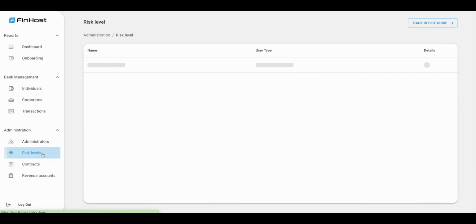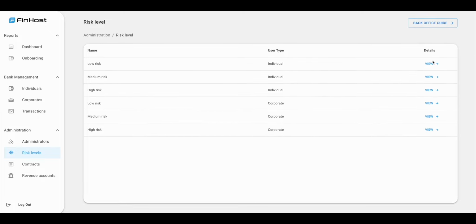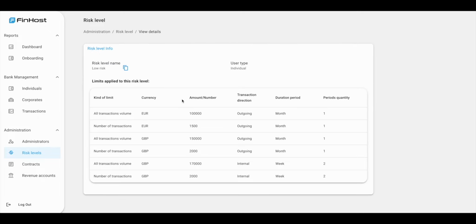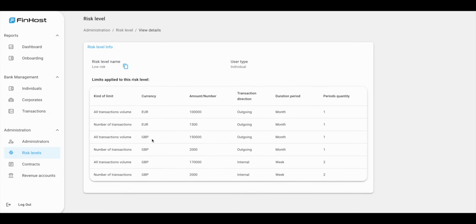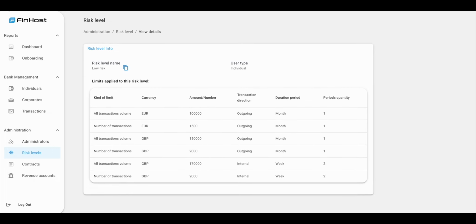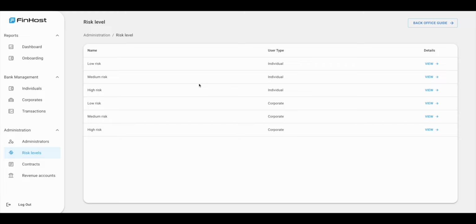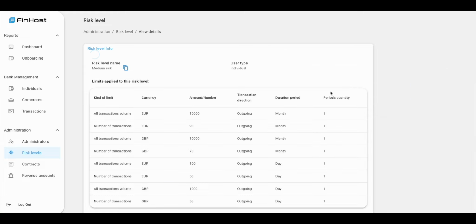Risk levels. You may need to install certain safeguards in your system to regulate banking activity and set specific limitations for certain geographic locations of your end users. This could be due to high activity volume or other suspicious behavior. Risk levels are a mechanism within your system that allow you to set varying limits and fees for different predefined